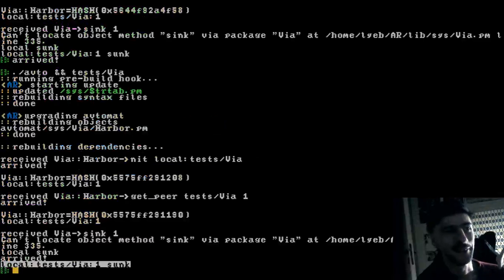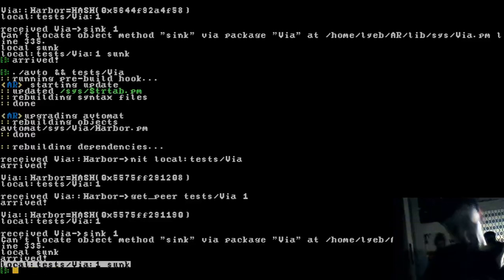It did manage to sync the harbor itself, because on the allocation, when it starts calling the destroy on every object, it will inevitably destroy it. But still,